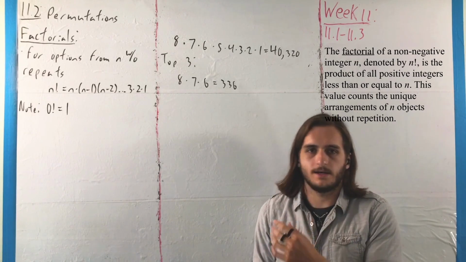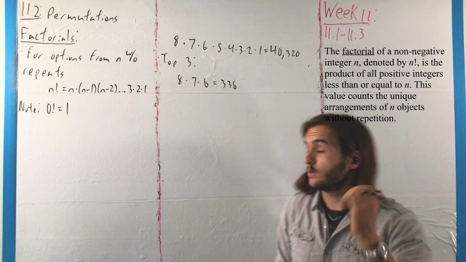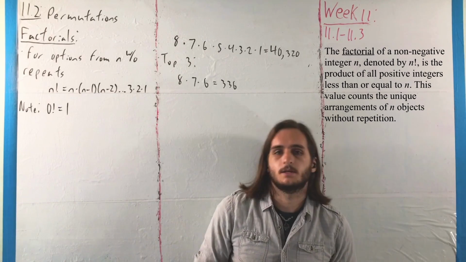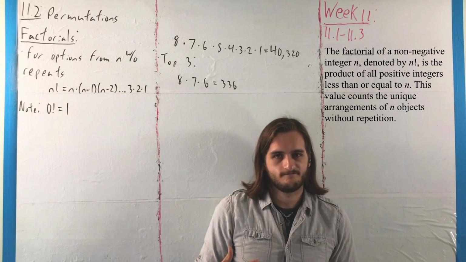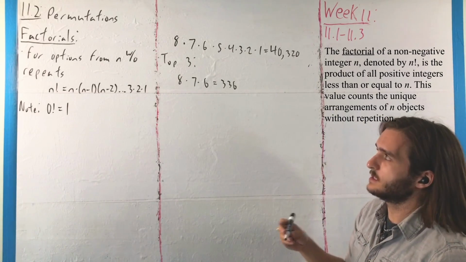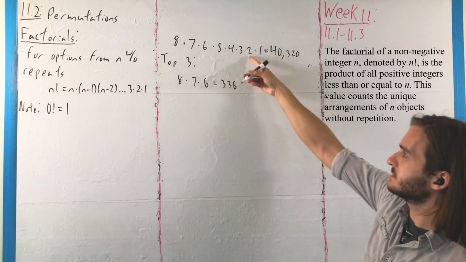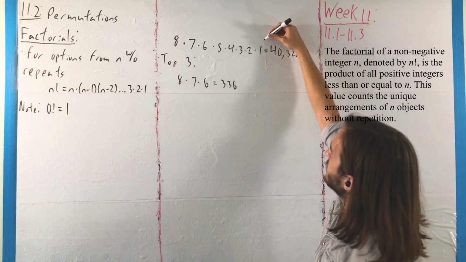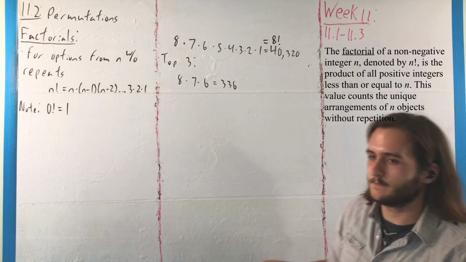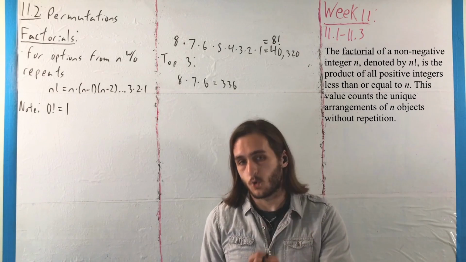And if I had any more than that, it would get worse and worse. So, to help ourselves, to make ourselves a little bit more streamlined, we could take a value like this, and instead of writing it as 8 times 7 times 6 times 5 times 4 times 3 times 2 times 1, we would write this as 8 with an exclamation point to say 8 factorial,